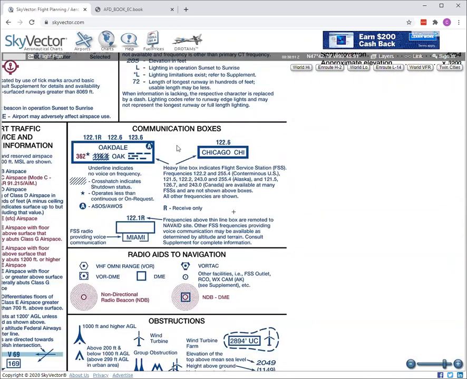So the next thing we're going to talk about here is these little com boxes, and these are going to be at your navigational aids. So VORs, DME, whatever it is, any nav aid is going to have this box. The useful thing you can get out of this is the name of the nav aid, the type of services it offers, and if they offer a flight service station frequency. So let's take a look